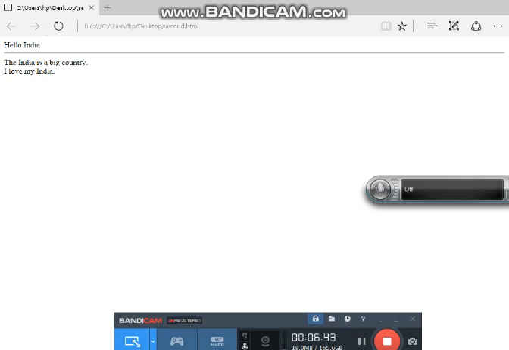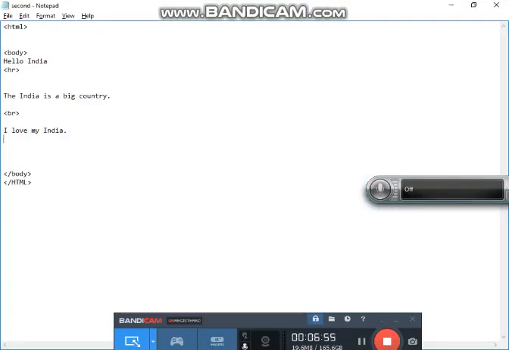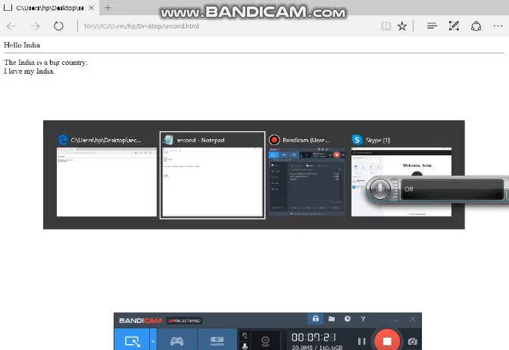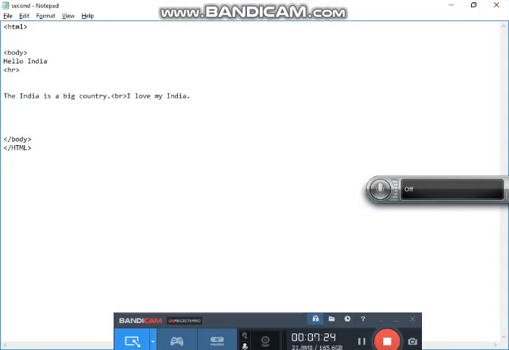The HR tag is used to make a horizontal line and the BR tag is used to break a line. It is basically used to change the line. And the second way we are using, if I am not using too much space, suppose I give the BR tag here and the second line here, in between the two lines I just inserted the BR tag in notepad, then again Control S, Alt Tab, then here we refresh it. So it will not change because we inserted the BR tag here.